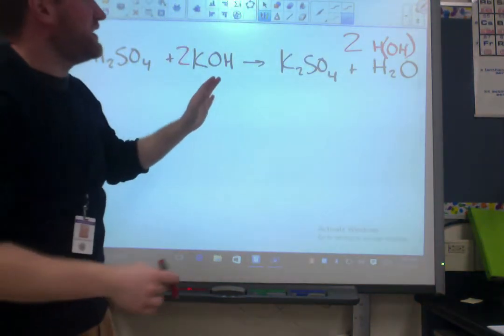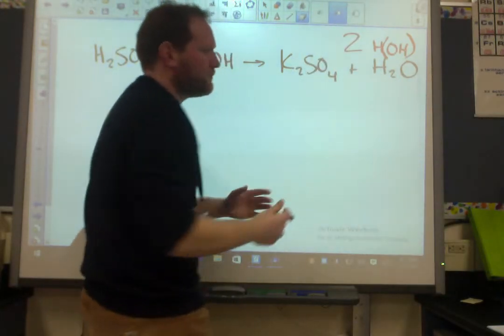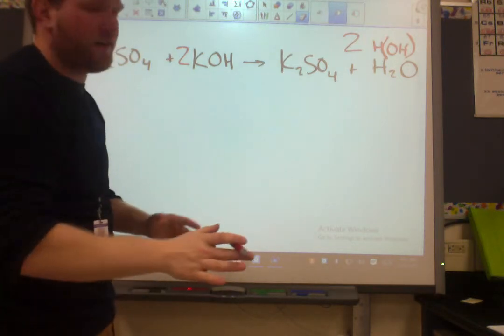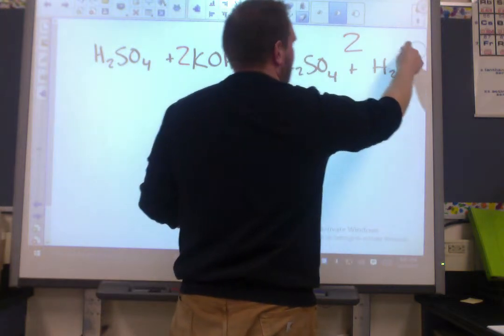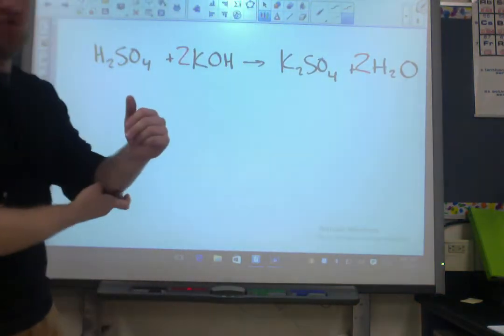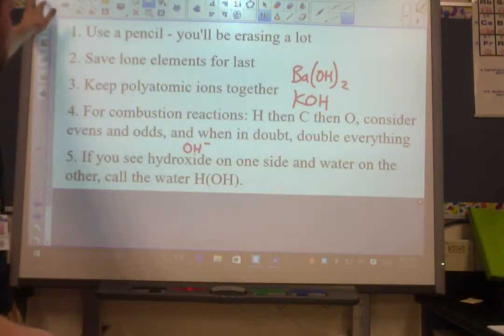And really what you want to do here is erase this and just put it back the way it was, because to express water as H bonded to hydroxide is wrong. Water is definitely not ionic, like that's implying. So I would cross that out and then just write the 2 down below. That's how you should write this equation. Okay? And my last and final tip,